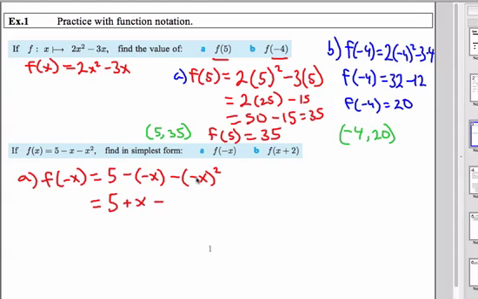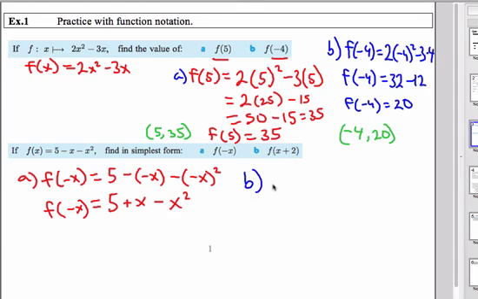Then we have minus negative x squared. Well, if you square something, you always get a positive value, so that's going to be positive x squared. Okay, so we actually get the same function back when we substitute in negative x. Oh, actually it's slightly different. So we have a plus x here. So we have a slightly different function. And part B,